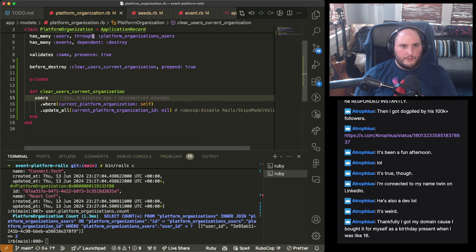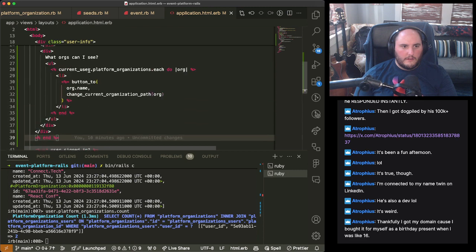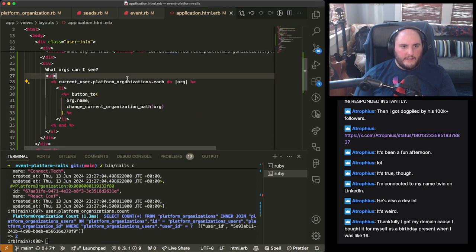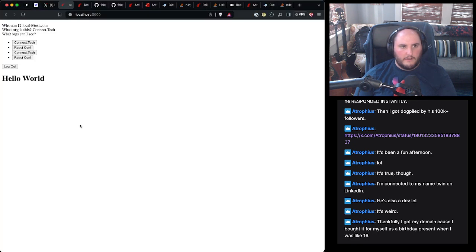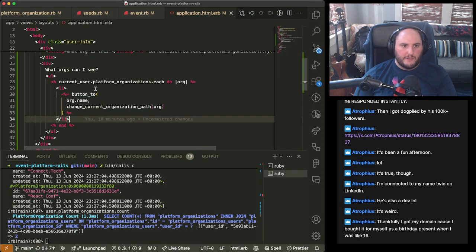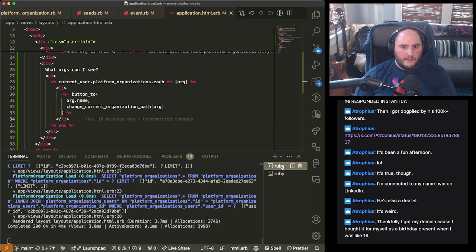So if we go to our application, and in here we said, if we go through their platform organizations, for each organization, create the button. Okay, now we got a weird rendering issue, and I don't know why.